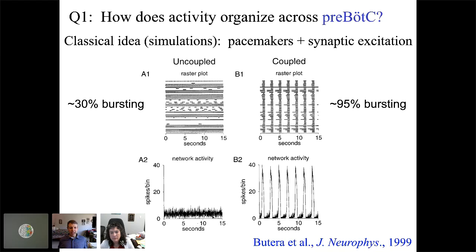If you couple these guys together with synaptic excitation, either all-to-all or randomly with a high enough connectivity, then most of the network can get recruited into bursting, and so that produces this sort of network output, which can drive the diaphragm. Okay, so that seems like a pretty simple story. The coupling is enough to overcome the heterogeneity, and even though the onset of activity isn't fully synchronized in individual neurons,